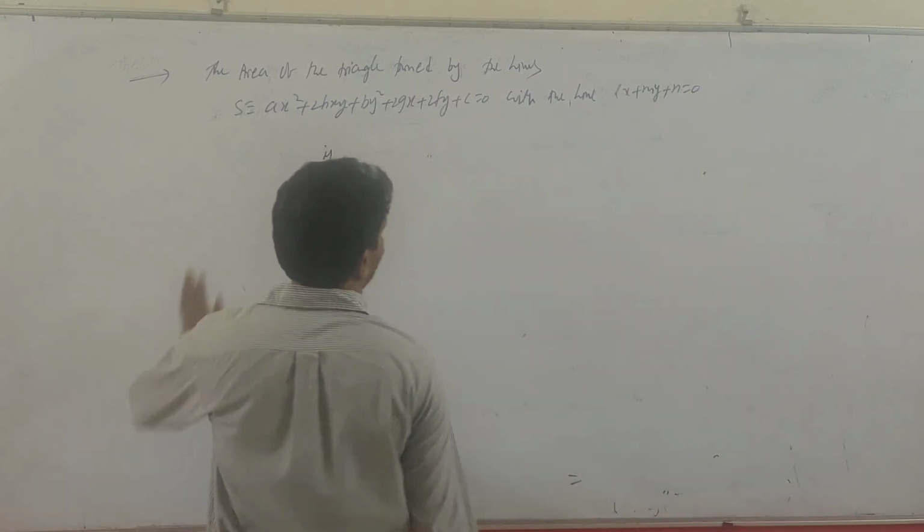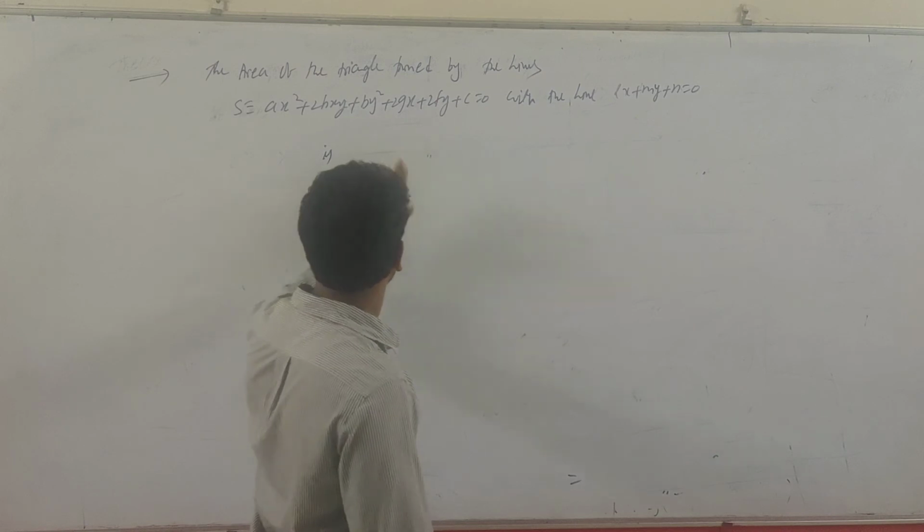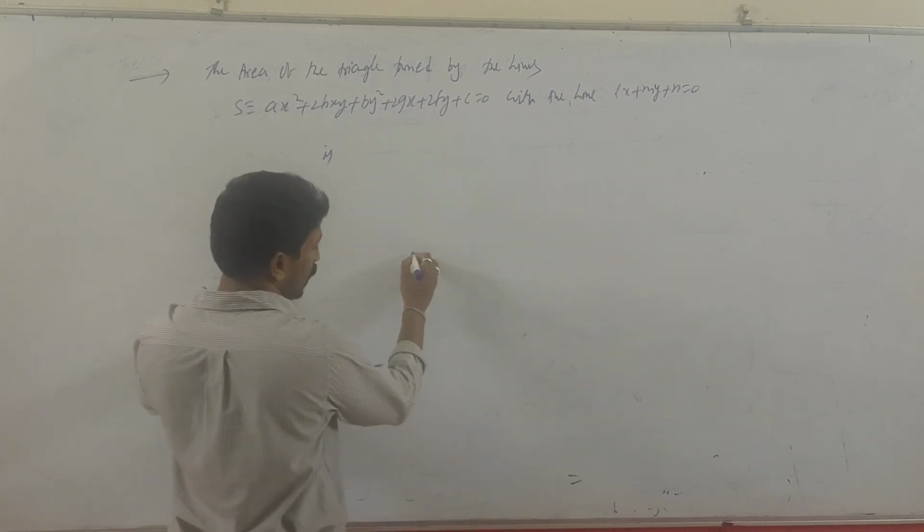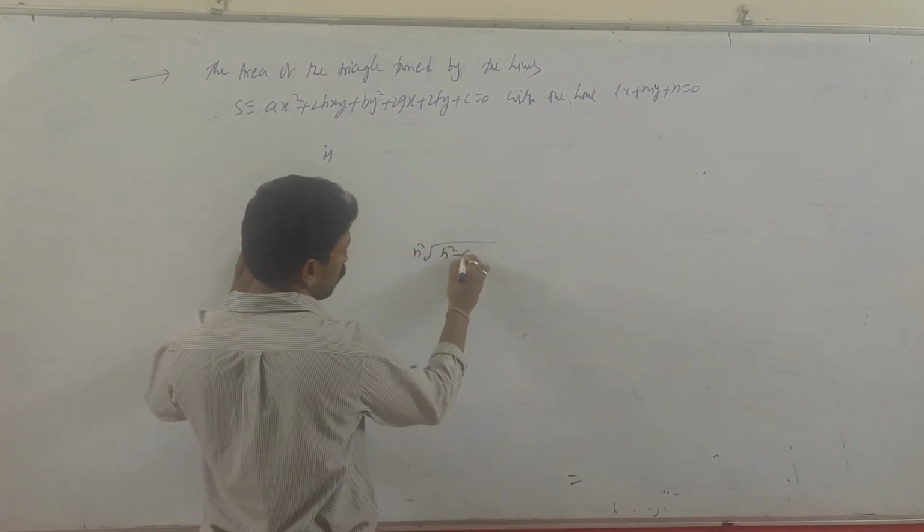The difference between these two is, there we have written n square into root over h square minus ab by